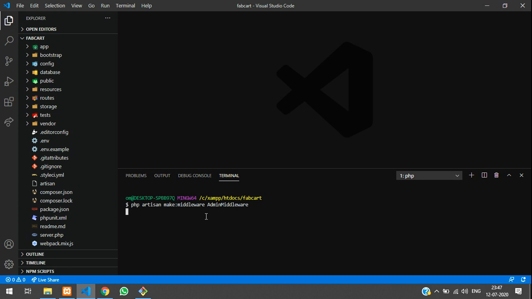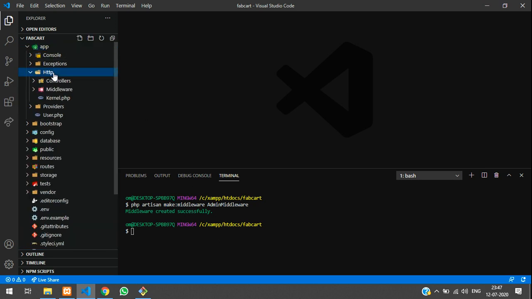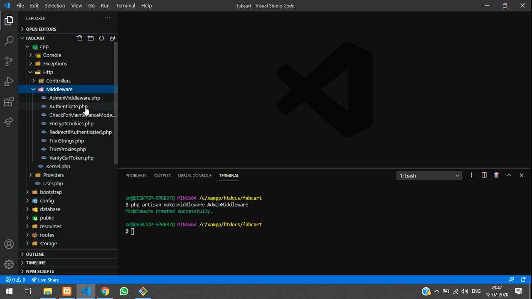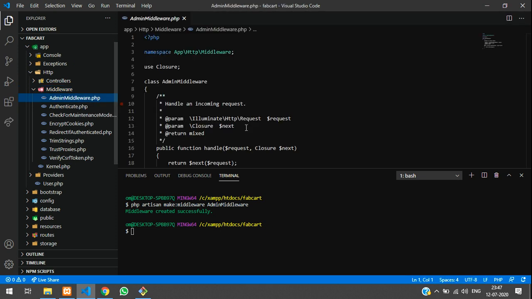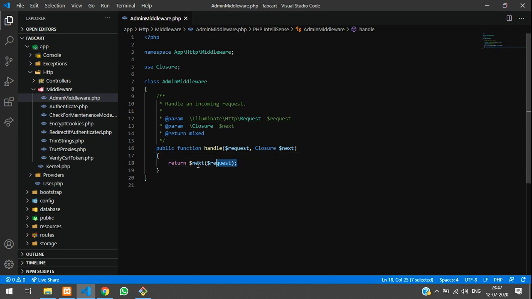Hit enter, so our middleware will be created now. Middleware created successfully. So guys, this will be inside app, Http, Middleware, AdminMiddleware is over here. Now if we click AdminMiddleware, we find the handle request. So whatever we are going to do, we will do over here.